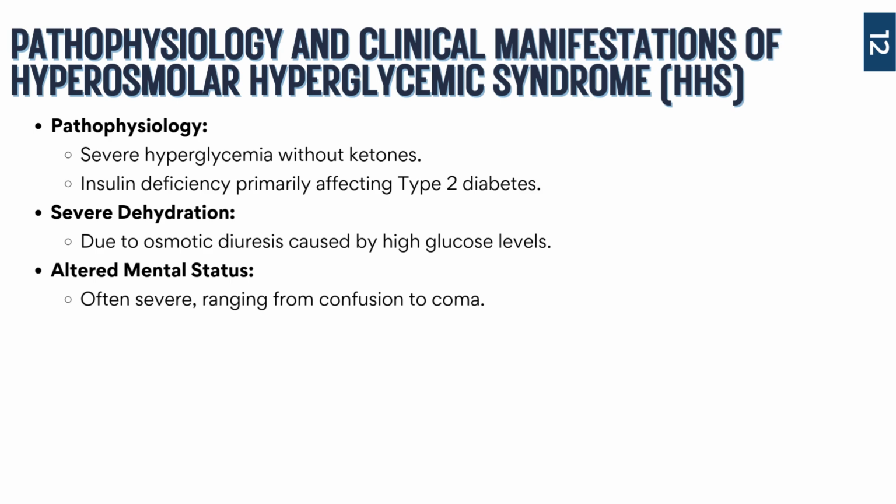In HHS, blood glucose levels can rise extremely high, like I just said, often above 600, okay? This high glucose concentration creates osmotic diuresis, where the excess glucose pulls the water out of the body and into the urine. So first it's going to pull it out of the cells into the vasculature system, and then filter it out through the kidneys into the urine to get it out, because your body's like, we should not have this high of glucose in our system.